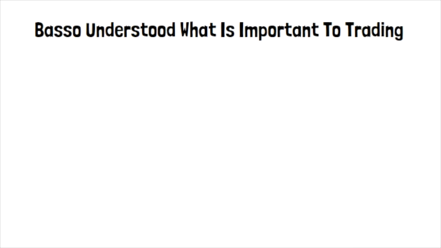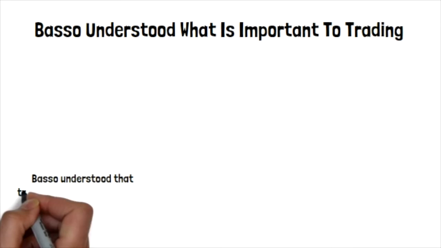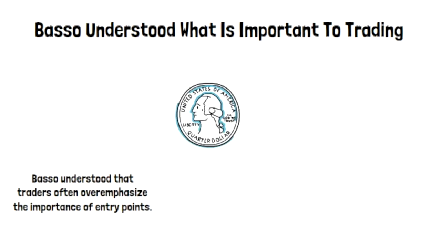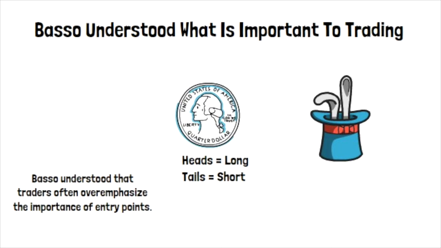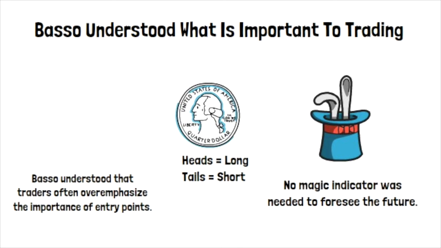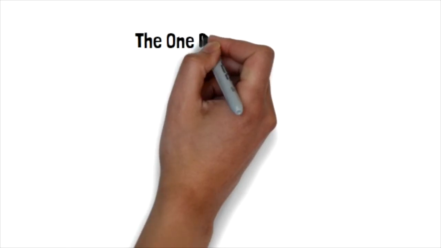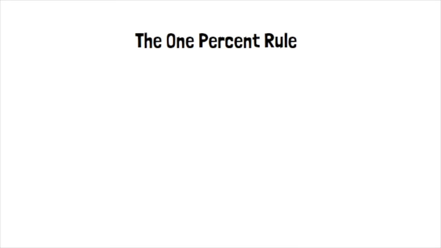The key to understanding this study is to realize that Basso focused on what is essential to trading profitability. The average trader focuses on the wrong things and completely ignores what really matters. While most traders are obsessed with entry points, Basso could care less. He simply used a coin flip to determine whether to go long or short. He didn't use charts or any sort of indicator. A flip of a coin was all that was needed. You are probably wondering if Basso's entries were random. Why is it that his system was profitable in 4 different markets going both long and short?